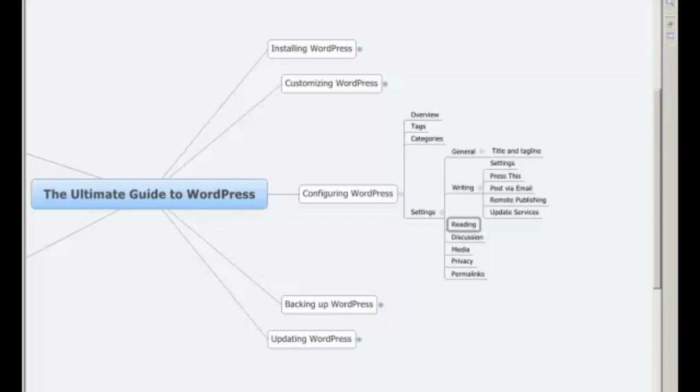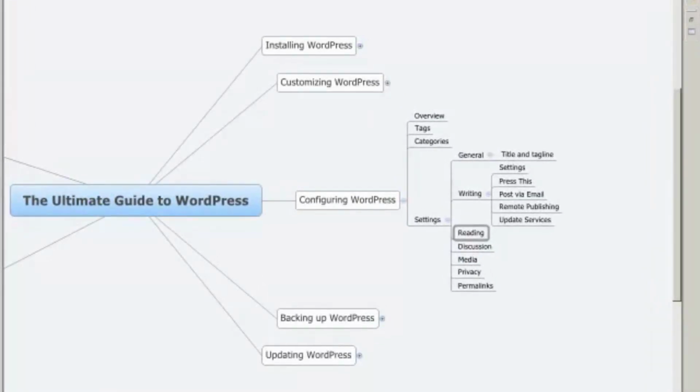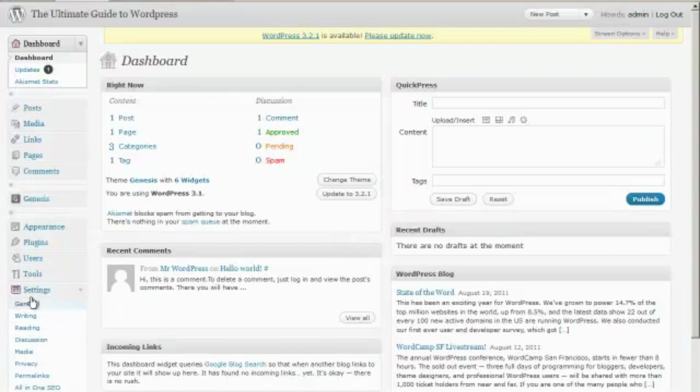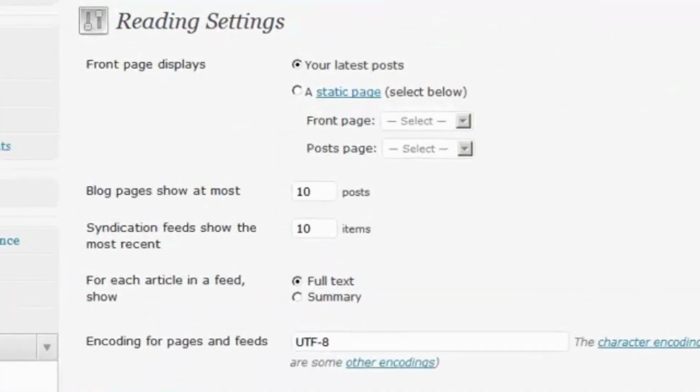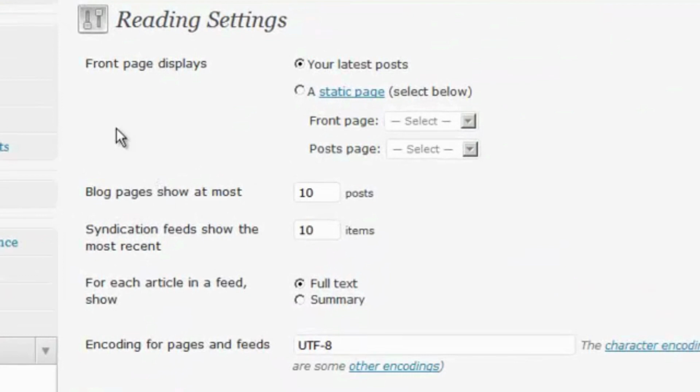Okay, so the next step in configuring WordPress as far as the settings go is the reading setting. And let's go take a look at that. So if you're in your dashboard, go to settings, go to reading, and there's not a lot to configure here, so we'll make this pretty quick. You can choose to have your WordPress website act like a blog or as a regular website. If you want it to act like a blog, keep the default, your latest posts as the front page displays option. If you want to treat it like a blog, like a static website,